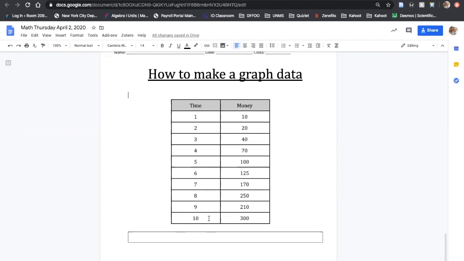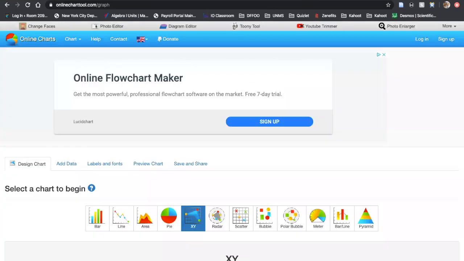So when the time is 10, the money's at 300. When the time is 5, the money's at 100. So what I want to do now is I want to create a graph that represents that data. So you're going to go to this website here, which I will provide you a link for. It's